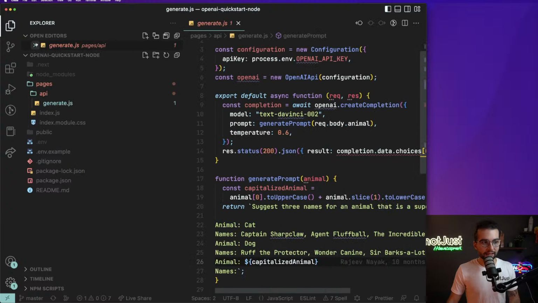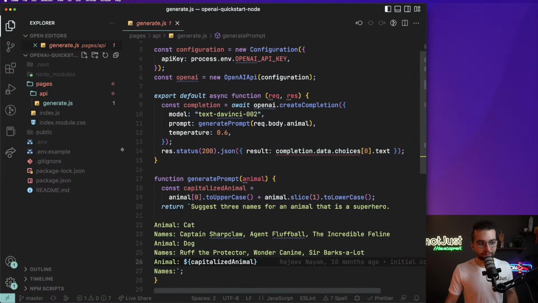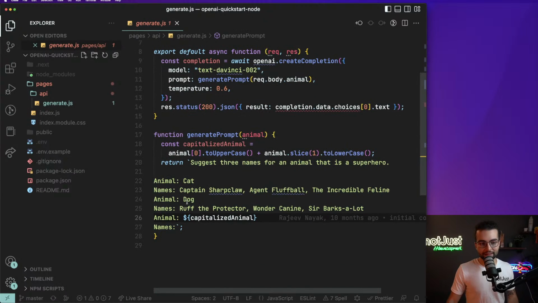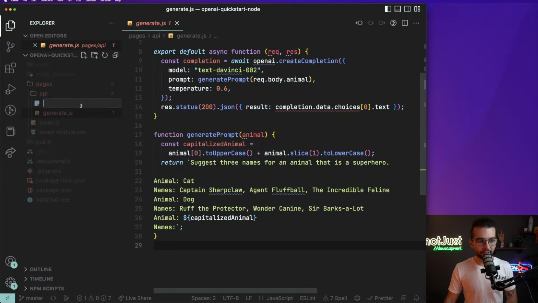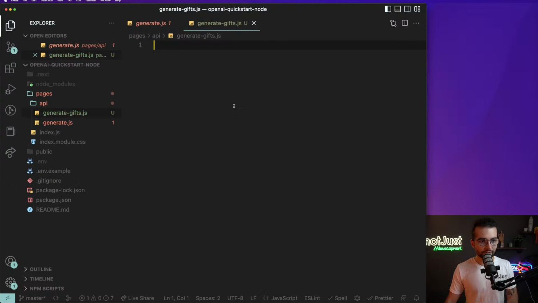All right. So let's go ahead and do the query that will generate our gift ideas. For that, we can either edit the pet name generator, or let me show you how we can add a new API endpoint. As I was saying, all the files in the API folder are mapped to an endpoint. So if I go ahead and create a new file here called generate_gifts.js,